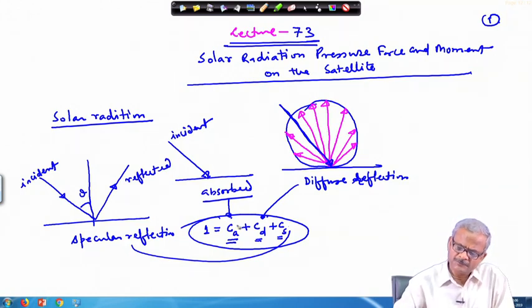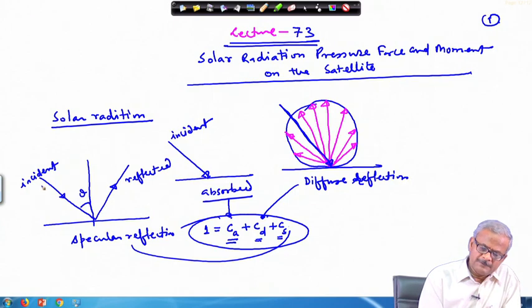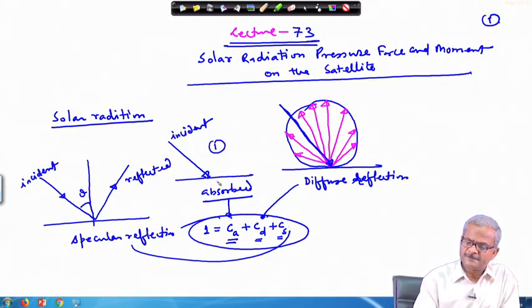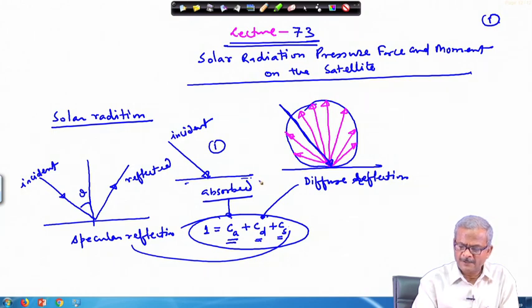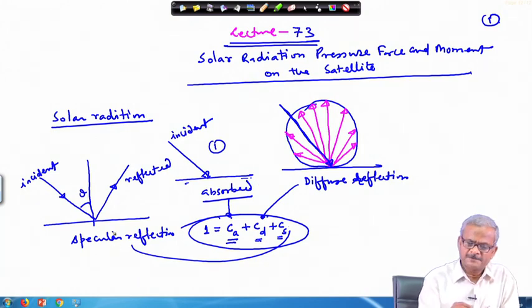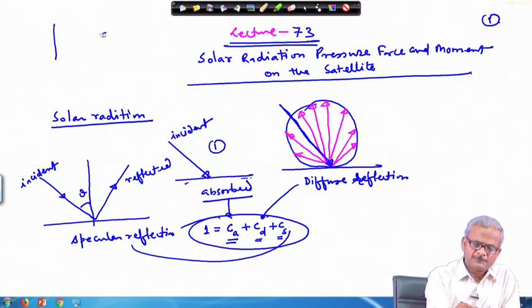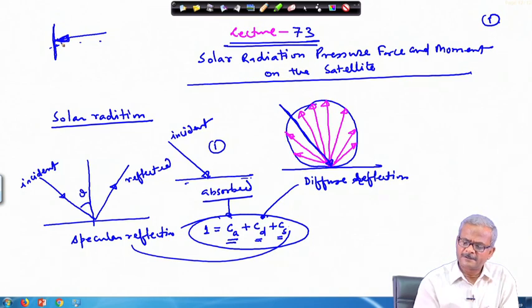And then for each of them, if we take this as the first case, the radiation is incident, it is totally absorbed. So, what will be the net force applied on the surface? This follows the same procedure as in the aerodynamic case. The ray is coming here, it impacts and it is totally absorbed, it is not reflected back. Due to this, we can calculate the momentum transfer.